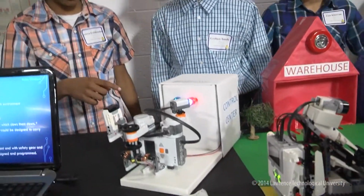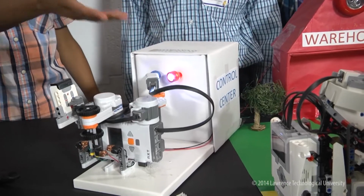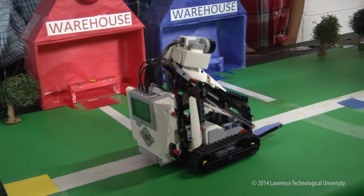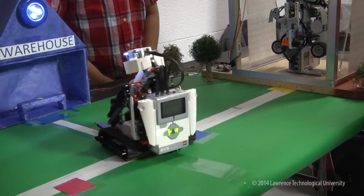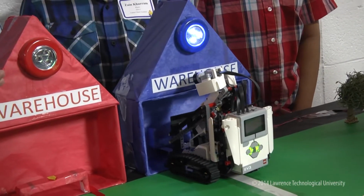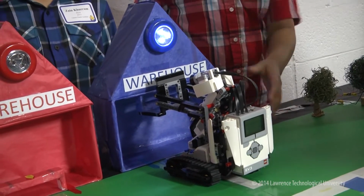Blue. So scan and pivot. We'll scan and send an IR signal to Jake the Field Crew. Jake the Field Crew receives the IR signal and ignores the red one because it is the blue one part that he has to get. He turns to the blue warehouse, picks the parts up in it,